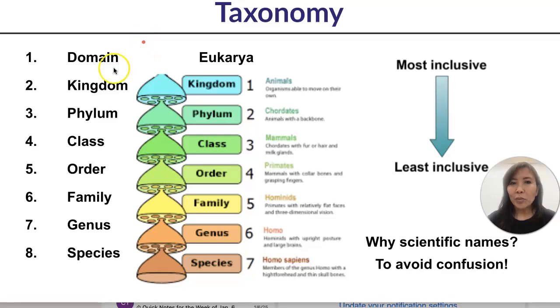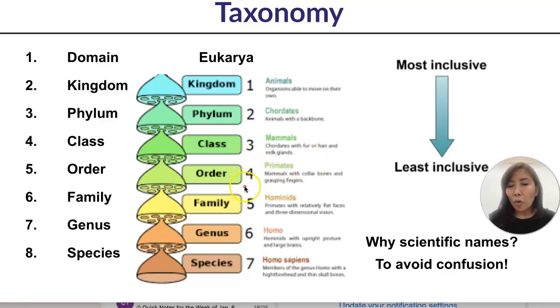We start with the highest one, which is domain. For humans, for example, we're eukaryotes, right? So we have a nucleus, we have a lot of different organelles. That's kind of what distinguishes us from the prokaryote. And then as we move down, the kingdom that we're in is Animalia. And then we're in the phylum of chordates, so we have the spinal cord, which is what makes it so that we're in this phylum. As we go down to class, we're mammals because one of the big distinctions between a mammal versus, let's say, a bird, is that we nurse, we have milk glands, whereas birds don't have milk glands. And typically we have fur and hair.